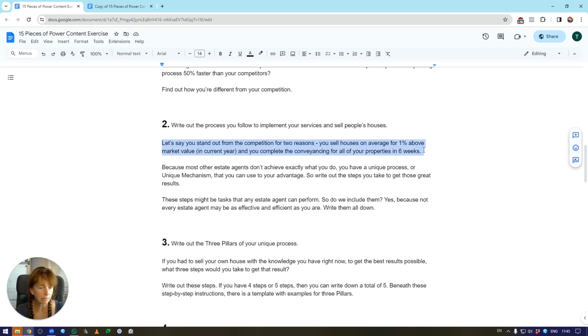Now, let's say that you stand out from your competition for 2 reasons. This is just a made up idea, okay? Let's say that you can sell your houses on average for 1% above market value in the current year you're in, and let's say that you can complete the conveyancing, not you personally, but your conveyancing team, for all your properties in, let's say, 6 weeks. Gosh, that'd be amazing, wouldn't it? Okay, maybe even less, don't know. But let's say it's something like,